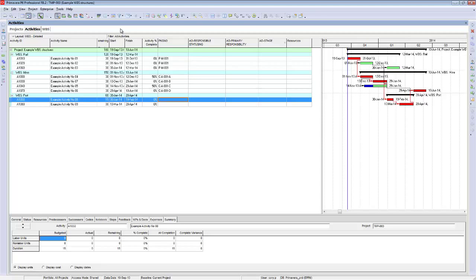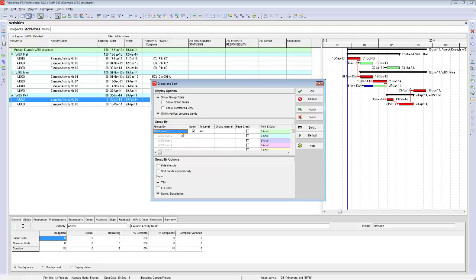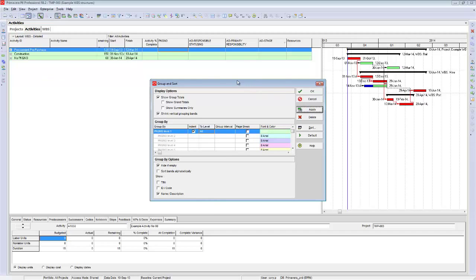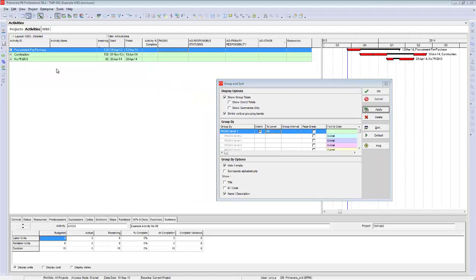What we could have now done is gone into our grouping and sort by. So now we go group and go customize. Now instead of doing this by WBS, if we double click in here, we need to find package PKGNO. We can display all the levels, which we'll do initially. Hit apply. You can now see